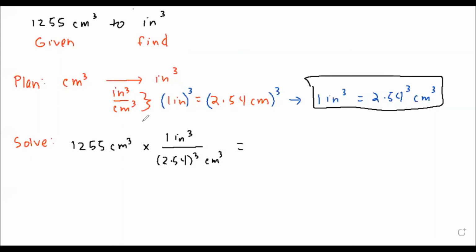So to solve this, you'll take 1,255 times 1. And again, the cubes have already been applied, so you don't have to do it again. And then down here, you're going to divide it by 2.54 cubed. And sometimes I know students like to do the cubing part ahead of time. So 2.54 cubed